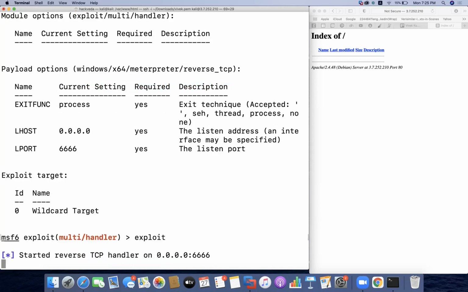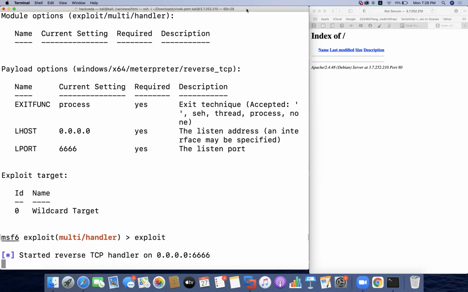Okay, so once I start the exploit, you can see that currently I'm listening on port number 6666 on the network on the public IP address of my AWS server. So this means the hacker is ready to accept the shells from the viruses. Okay, now we need to make a virus program also.